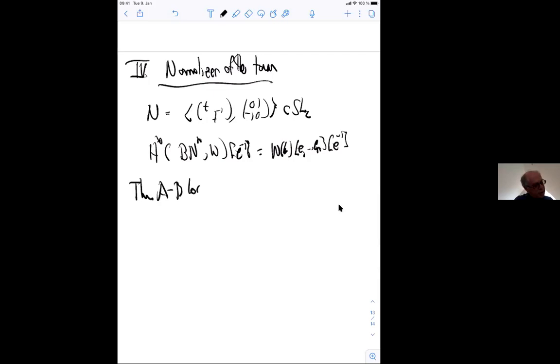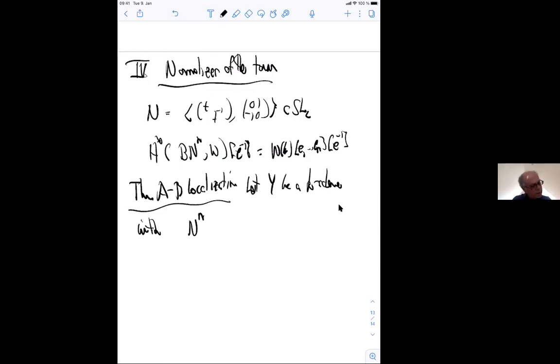Atiyah-Bott localization. So maybe I should say that I think it works in general. And this afternoon I was doing the last little bit of work that needed to get the general case to work. But since I haven't quite finished that up, let me say that let Y be a K-scheme with